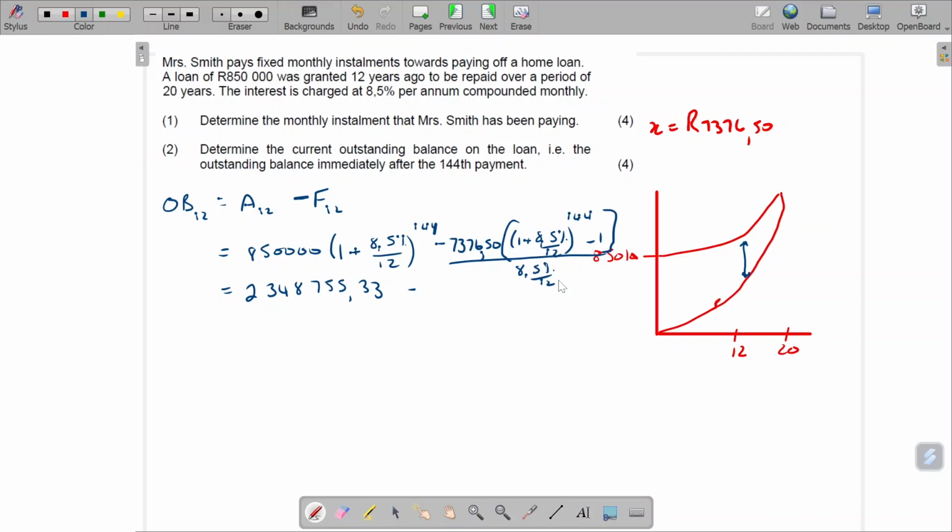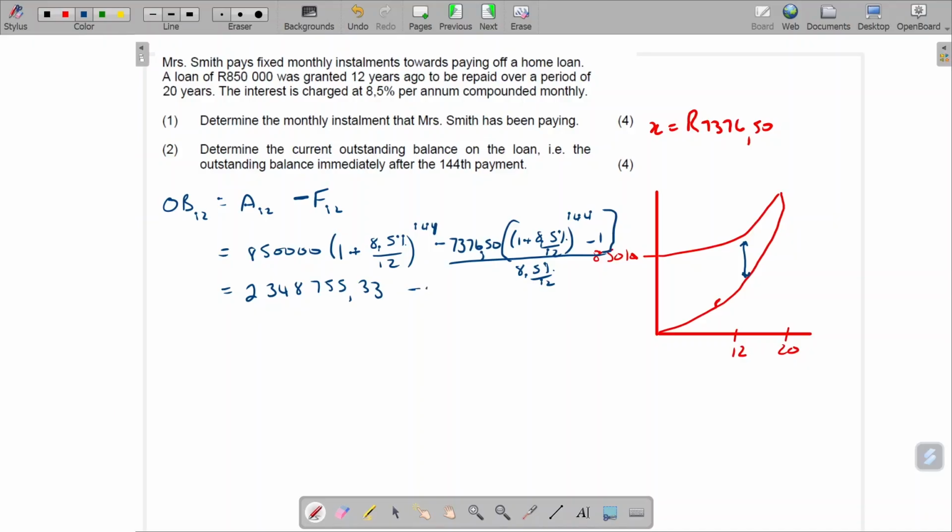Okay, so what would that be? 7376.50 times brackets 1 plus 8.5% divided by 12 to the power of 144 minus 1, close brackets, divided by 8.5% divided by 12, equals